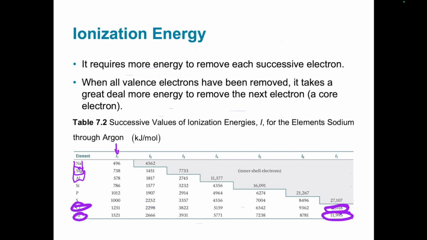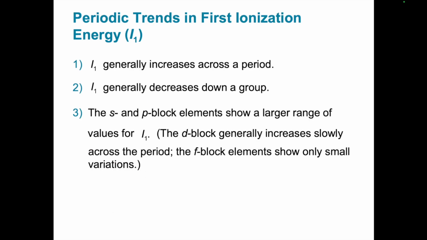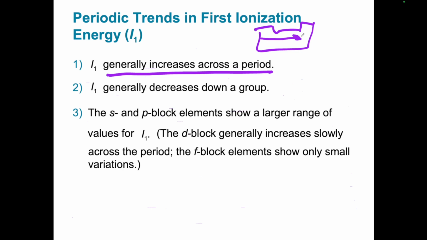So the thing to know about this is that ionization energy is always lowest with the metals because they want to lose electrons, and then ionization energy is always very high with the nonmetals because they're trying to gain electrons because they're so close to being full shells already. And so this is the trend that we have. The first ionization energy actually tends to increase across the period. So this is the periodic table right here. Sorry, that's really rudimentary, but as you go across the period from left to right, the ionization energy increases,